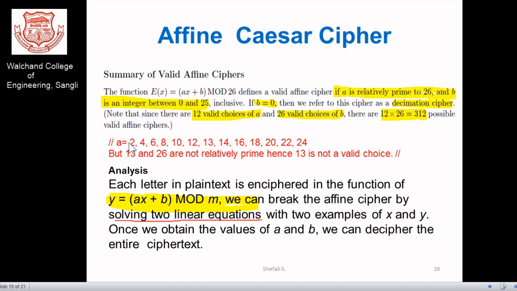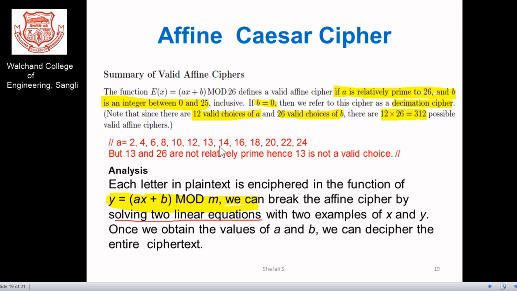We discussed that certain values are not valid because they have common factors with 26 itself. In that way, 13 is the value we should not pick, because 13 and 26 are not relatively prime.